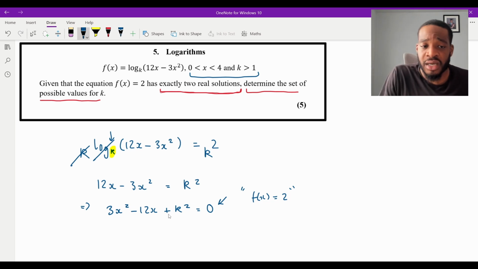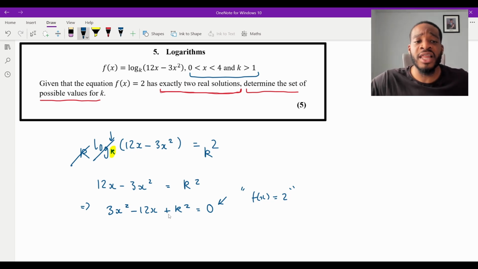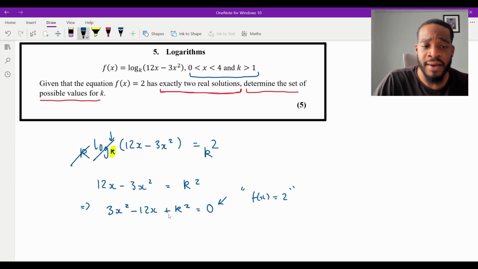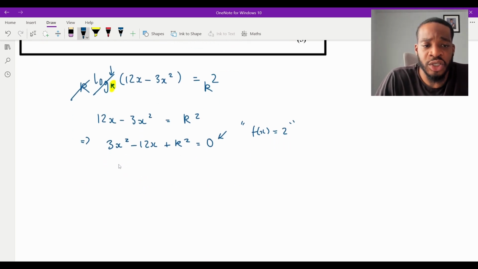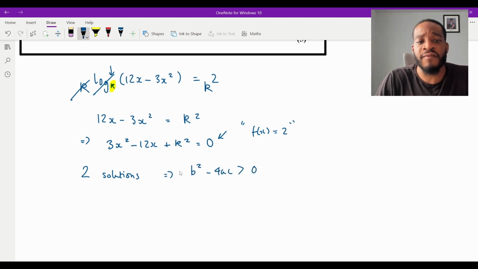Now, this is a quadratic. If it has two real solutions, it must mean that the discriminant is greater than 0, right? So what I'm going to do is form an expression. Actually, let me write this as well. Two solutions, just so it's super clear. Two solutions implies that the discriminant b squared minus 4ac is greater than 0. So let me find an expression for the discriminant and set it greater than 0